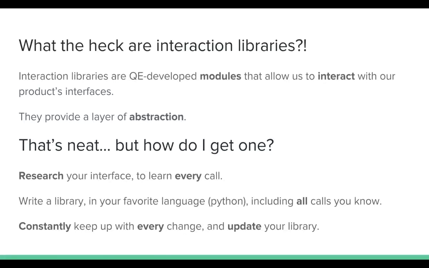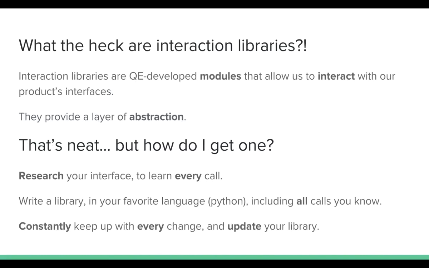Okay, so let's start off with what the heck are interaction libraries? Interaction libraries are QE developed modules that allow us to interact with our product's interfaces. For instance, with Satellite, we have Nailgun, which is what we use for our API interaction. That basically gives us something we can plug into our Robottelo test suite and say, you know, in